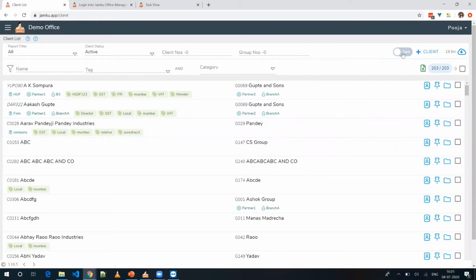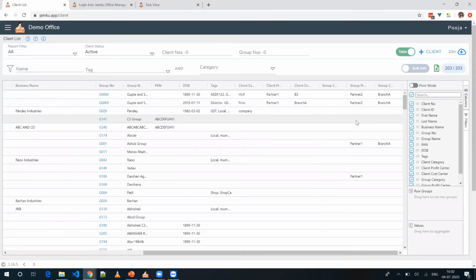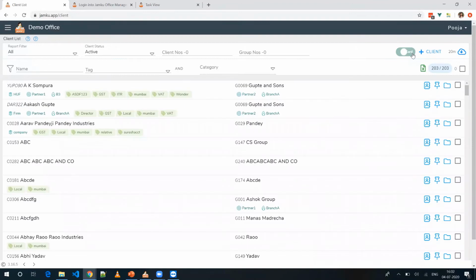Now on this page at the top, you will find this toggling switch. Card has been written over here. Currently everything is in the card format, that is, for every client, a separate card is there. Suppose you are not comfortable using this format, you can quickly switch to the tabular format as well. Now this will give you the same feel as Excel. Filtering and all also you can do, like how you do it in your Excel. So if you are not comfortable with the card format, you can switch to the table format as well.